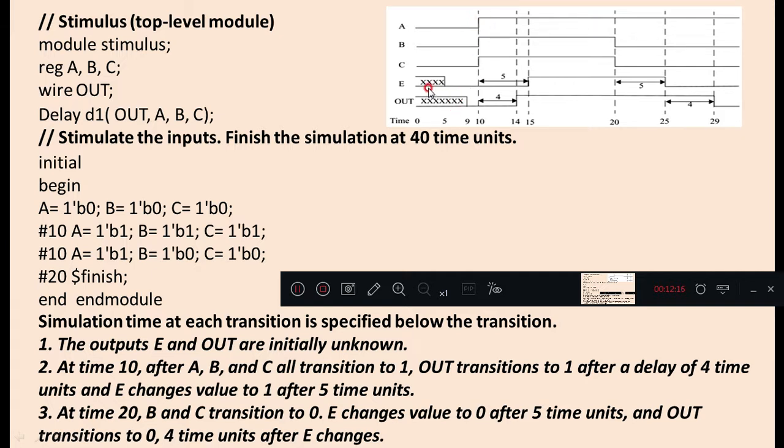You observe E and out. We know that E is the output of the AND gate, which involves two inputs A, B. The delay of the AND gate is 5. So till 5 time units, the value of E is unknown, X. At time 0, A and B are 0, but the value updation is done after 5 time units. So after 5 time units, the E value you will get as 0. Till then, before 5, it is X, unknown.